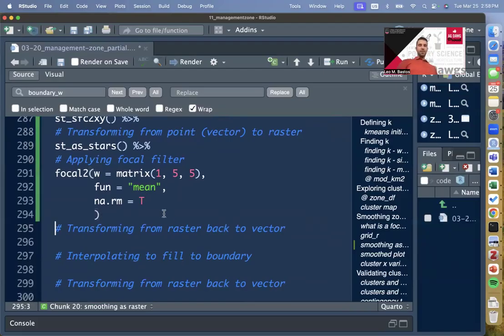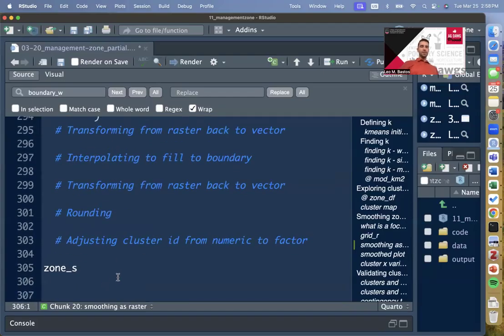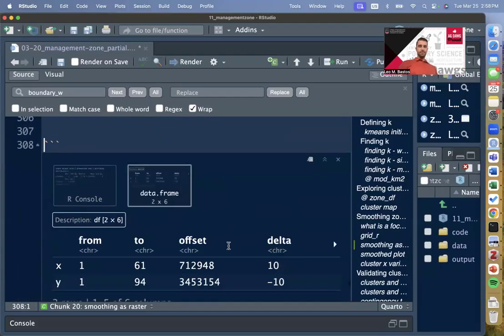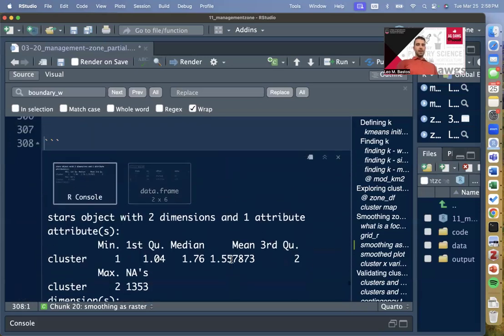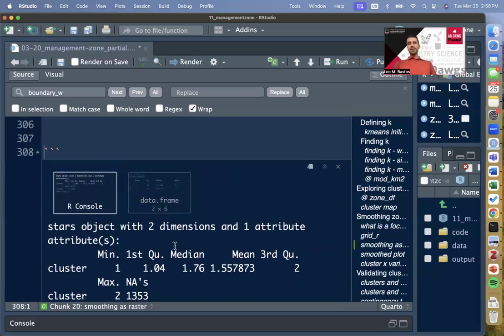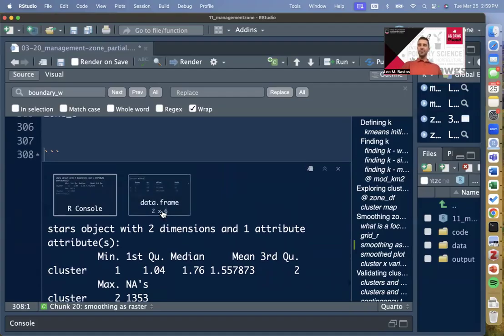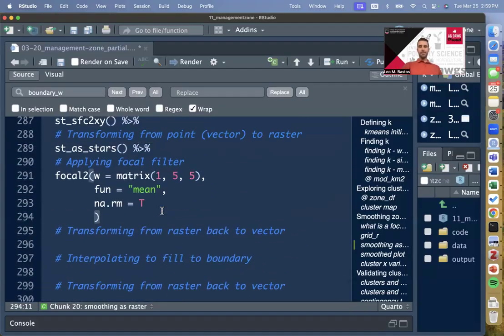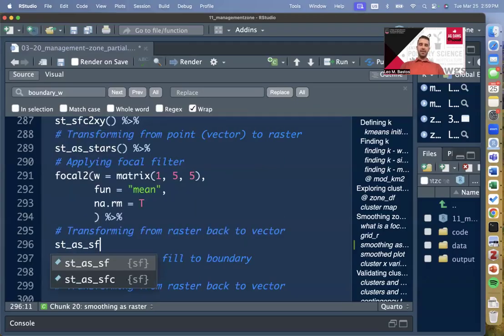All right, so if we run this and then you print the object zone S, it's basically still a stars object, so it's a little bit difficult for us to really see what's going on. So let's transform this back to SF. Right now it's a stars, so it's a raster. Let's transform back to SF so we can make some plots. We're going to use st_as_sf to do that. So if you run this,